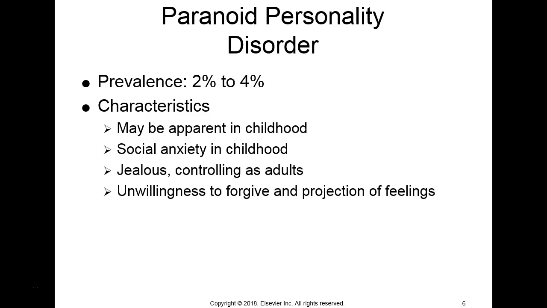So if they are feeling murderous towards somebody or hostile, they think that the hostility is actually coming from other people onto them. So they may really feel that, oh, everyone's out to get me. People want to hurt me, they want to kill me, they want to take my money. So they do have that projection of their feelings.